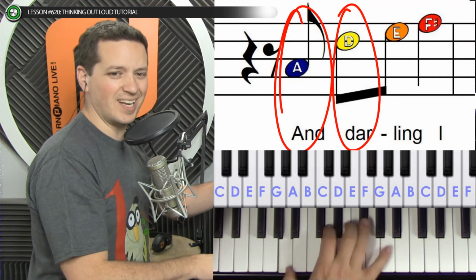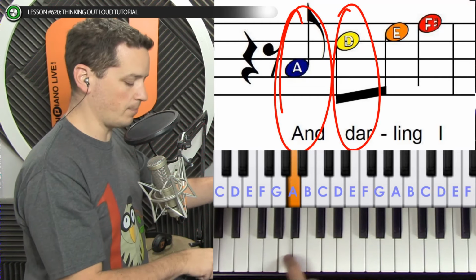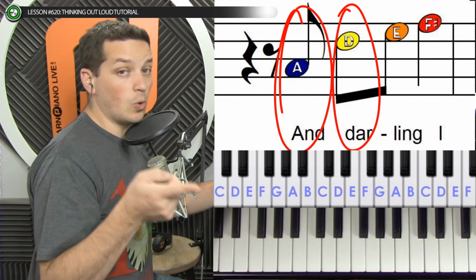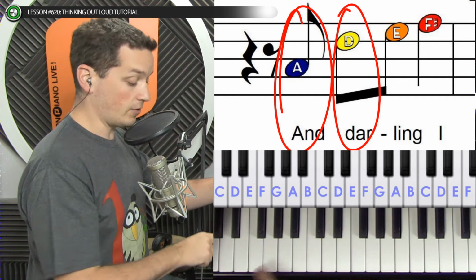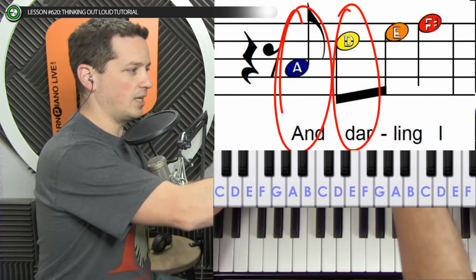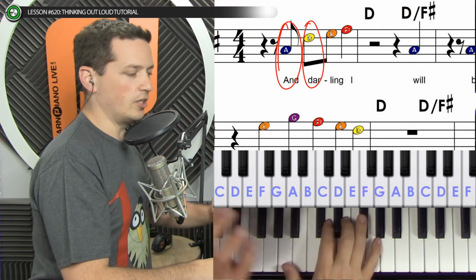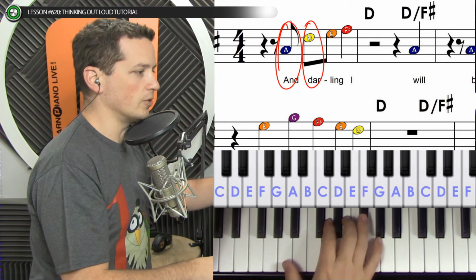Cool. So after we practice that, as you can tell, I'm kind of splitting up my fingers here. The fingering doesn't matter a whole lot as long as you're not using one finger, which also totally works. But if you're using one finger, you're going to have to be paying a lot more attention to your hand. You're not going to get to look anywhere else and pay attention to anything else. So if you can, split it up so different fingers take on different responsibilities for different notes.